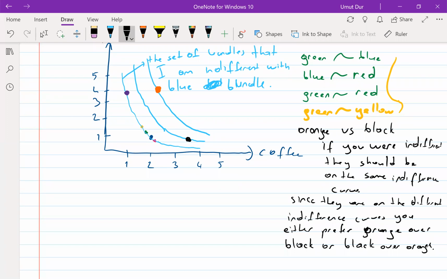Okay, by using those indifference curves. Okay, so there are two answers: orange or we cannot decide. So if I didn't have the indifference curves, if we are not informed about indifference curves,